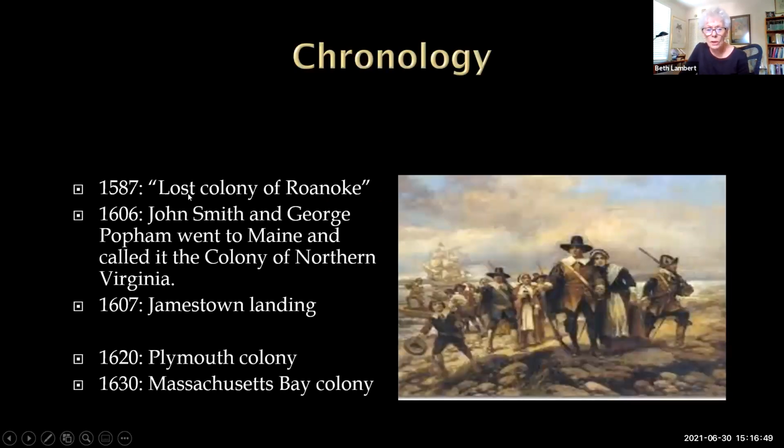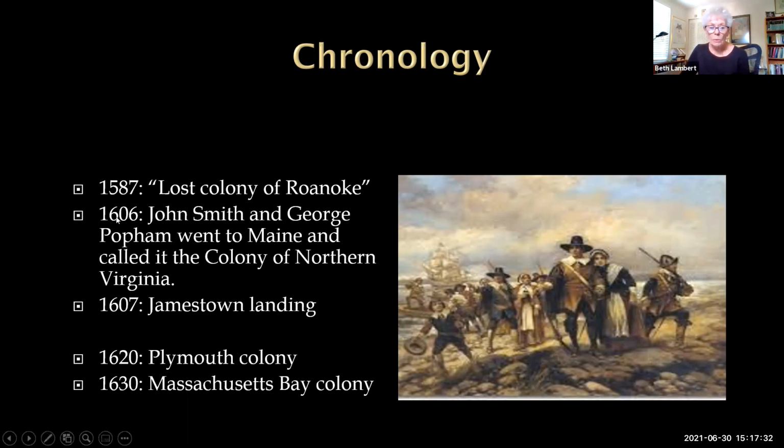The first colony is the lost colony of Roanoke. It's not Roanoke, Virginia. It is further south than Roanoke, Virginia. And it just simply disappeared. These colonists and Sir Walter Raleigh had a hand in all of this. The colonists were let off the boat. When the ship returned with another group in 3 years, there was nothing remaining. And there are still books published where somebody has found the solution to the problem of what happened to